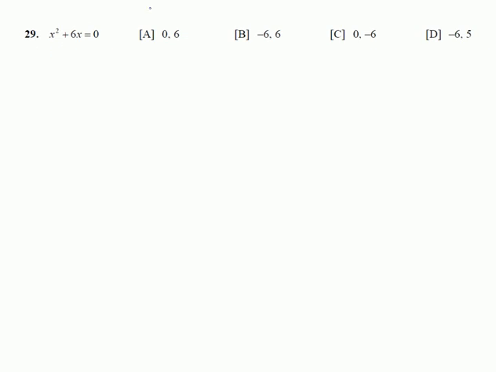All right, moving right along. This one is missing, it's got the a value, the x squared term, the 1 in front of it. It's got the b value, but no c value. Some people are going to look at this and go, well, x squared plus 6x equals 0. I can see that there's a common factor in that. That's x, and I'm just going to factor that out, do kind of distributive property in reverse. We're factoring it. Divide both of those terms by x, you get x plus 6,